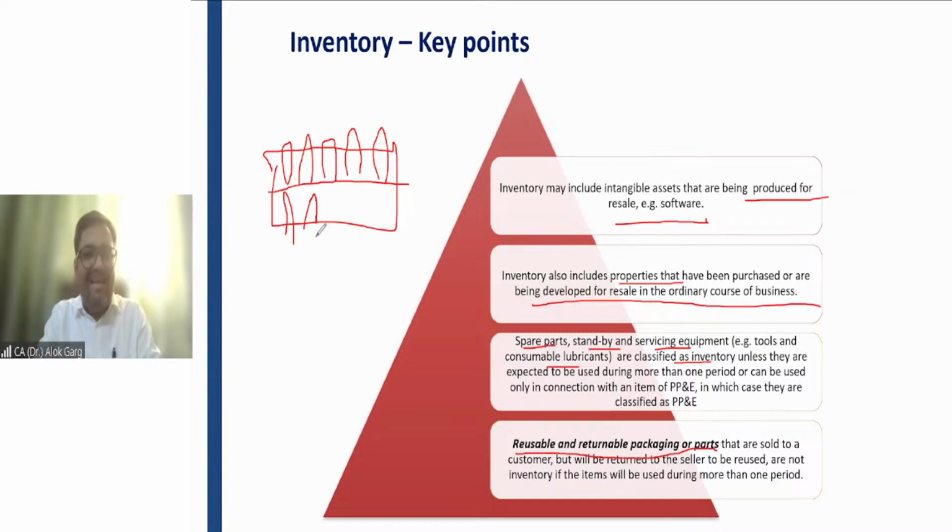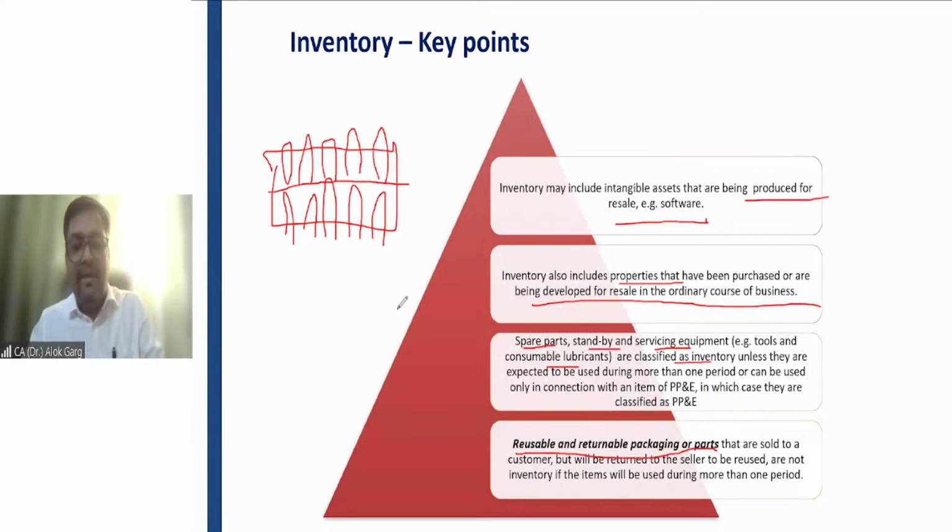So friends, whether this carrot is an inventory, or when you are buying a soft drink, or a cold drink in a glass bottle, and after drinking you are returning that glass bottle to the shopkeeper. So this reusable or returnable packaging or parts, whether it is an inventory, this is not an inventory if it has to be used for more than one period or more than 1